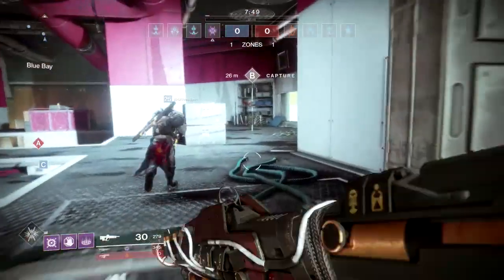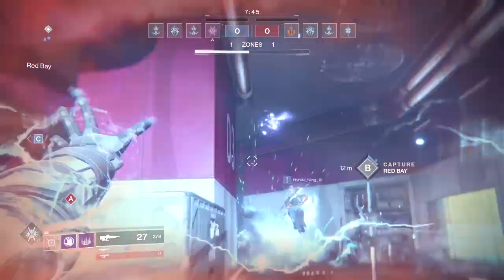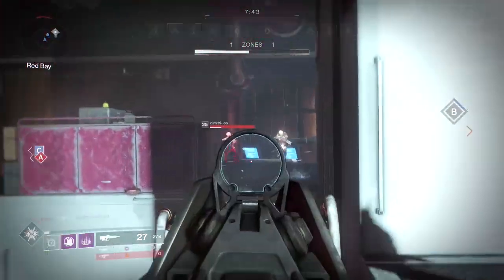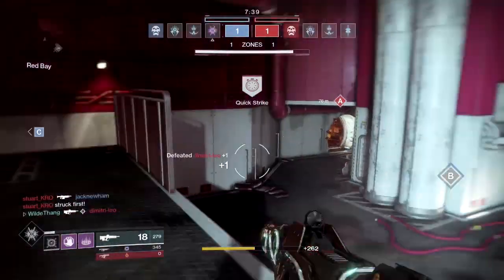How's it going, everyone? So in this one I've got a forged weapon for you guys to look at. This one is the Machina Dei, it's the pulse rifle, and this can be obtained from your prophecy tablets, and